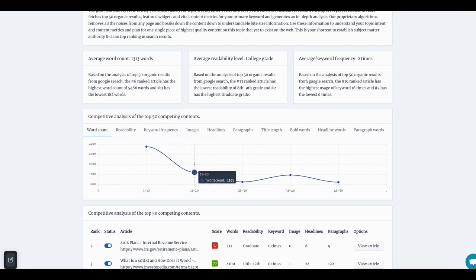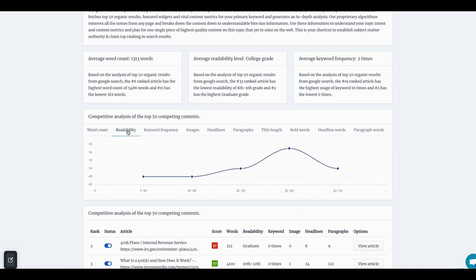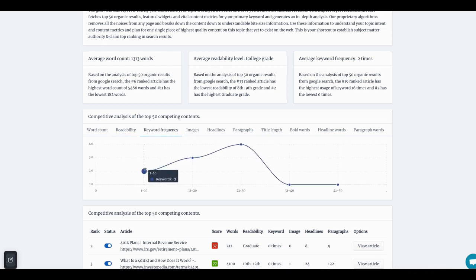And this has the natural language application that they're using here, so it can give you a better idea of the words. You can break down the word count and the readability, right? It can tell you how many articles are actually using that and what the median is, what the average is, or the highest number used. You can see the little scale across here. They have a keyword frequency. And then they also talk about the